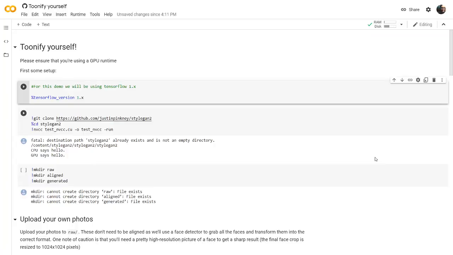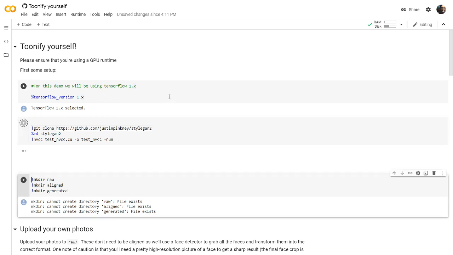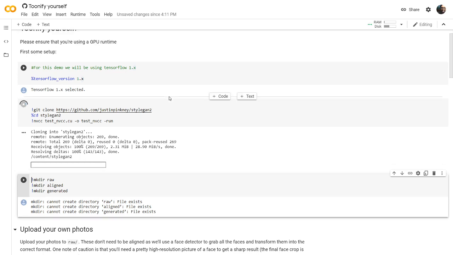So here we can see the complete code, which I just took from the real authors, and I just made 2-3 modifications, so it will be easy for you to generate the outputs. First, we'll be stating that Colab should use the TensorFlow 1 version instead of the 2 version. So you can just run the cell. TensorFlow 1.x version will be selected, and we'll be cloning the Justin StyleGAN 2 code.